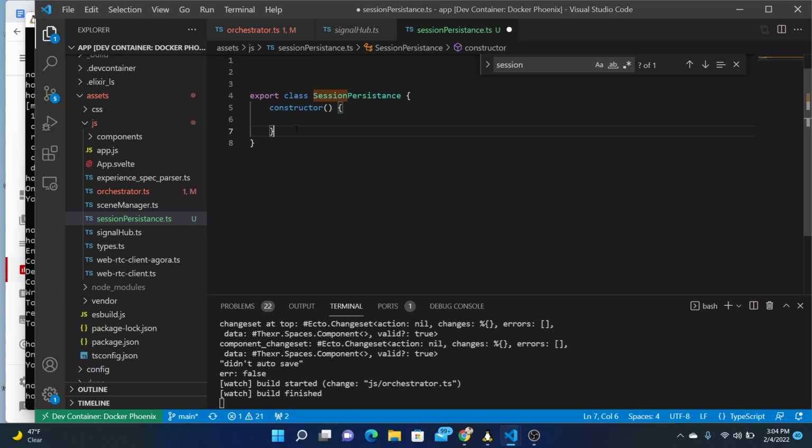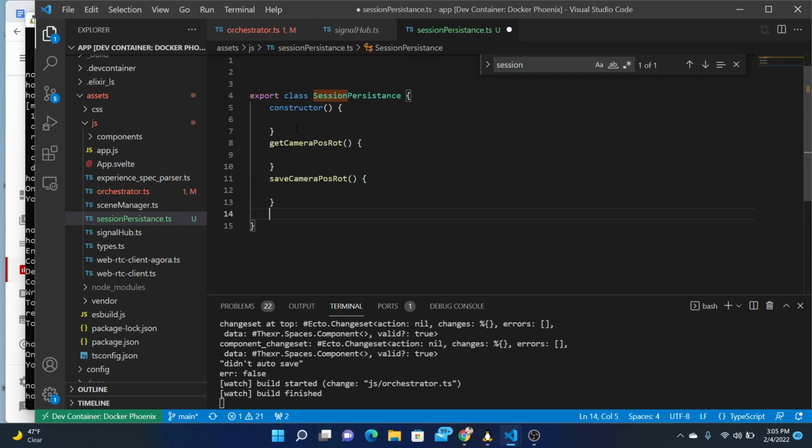We can have a couple of known keys. What are things we do? We get camera position rotation, and then we can also save the camera position rotation,